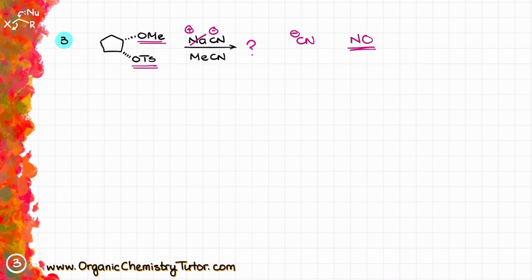Well, here is the tricky part. Your instructor can be a little bit mean in the sense that they are going to give you abbreviations like that, and it is your job to know what all of those abbreviations mean. Me stands for the methyl group, so whenever I see Me, I immediately think CH3. The Ts abbreviation stands for the tosylate, so whenever I'm seeing that, I'm immediately thinking about this guy,